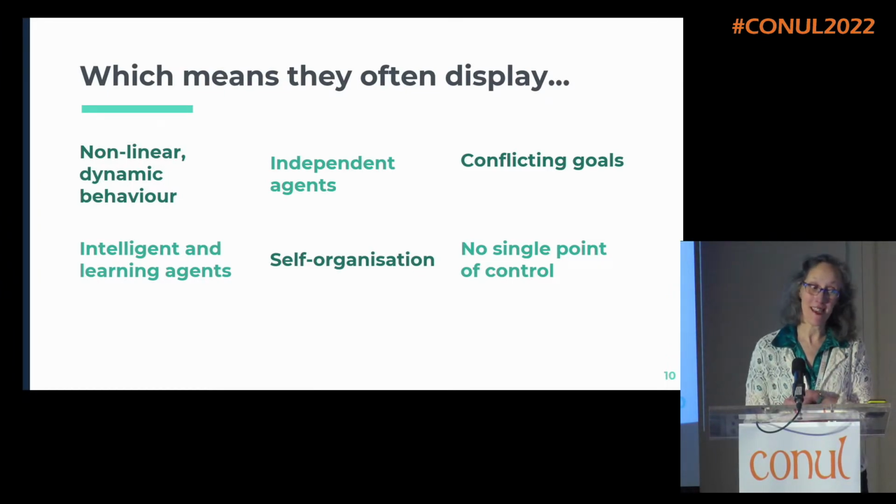They often display dynamic behavior, they have independent agents, sometimes units might even have conflicting goals. They have what the OCLC report called intelligent and learning agents. So people change, they develop and evolve. Many units have their own ways of organizing things, and very often there's no single point of control.